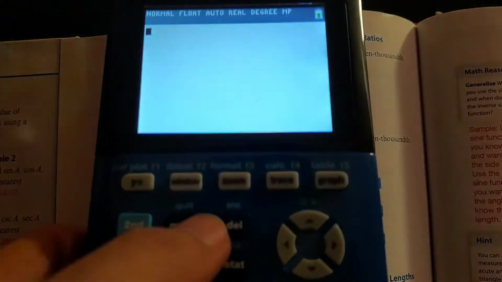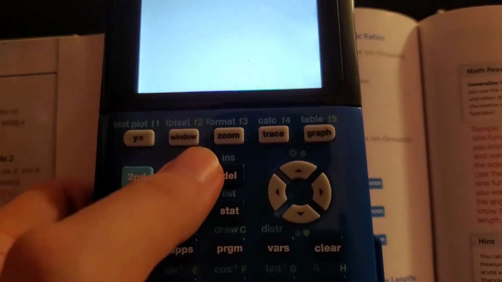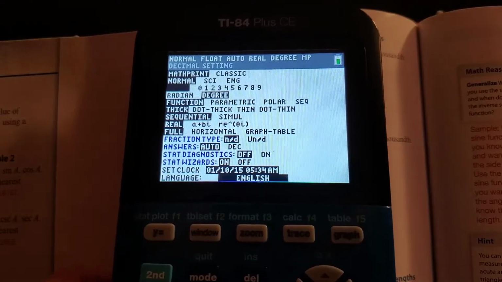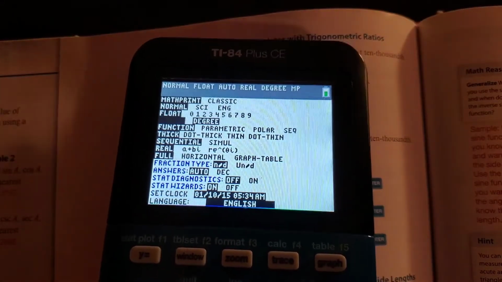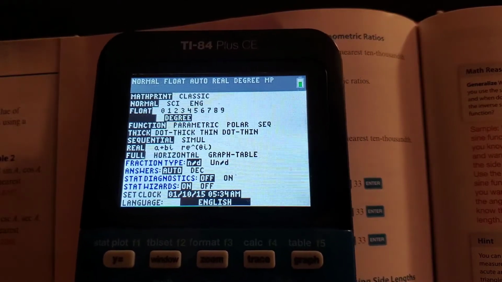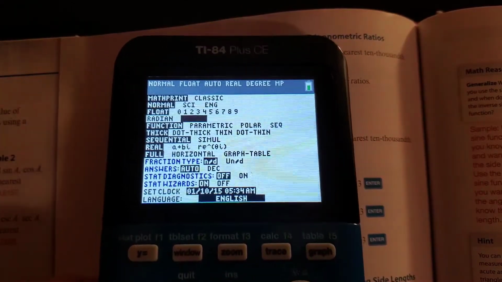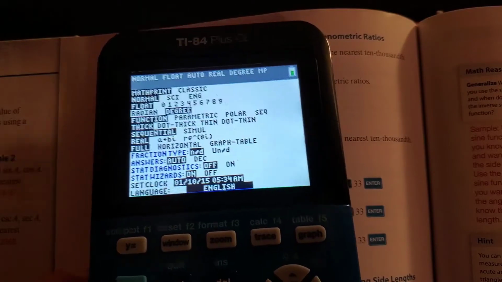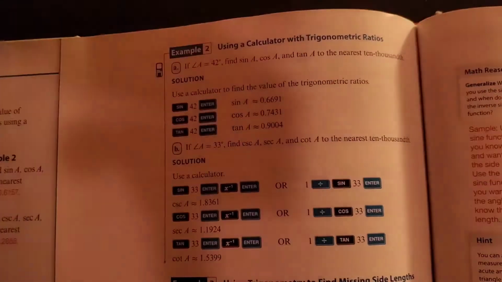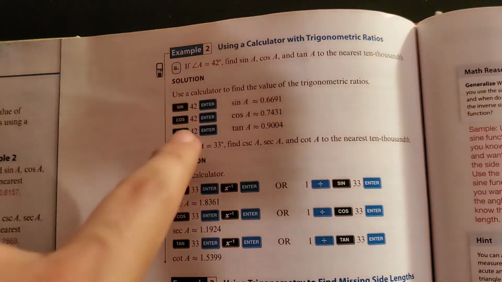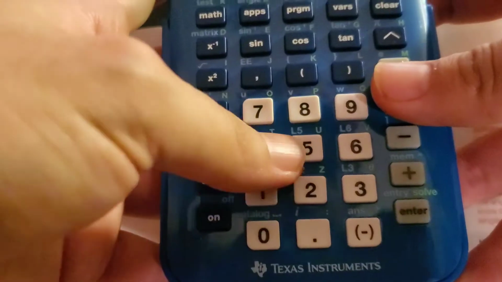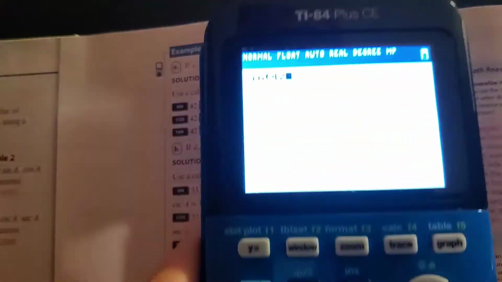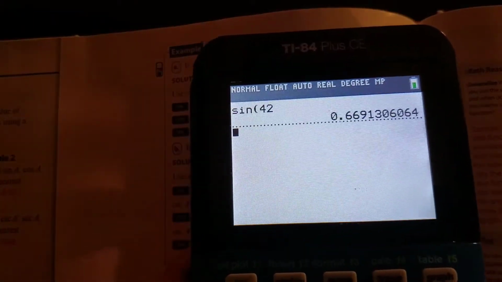So before you even start, please remember, you have to go to mode. And then in mode, you have to go to the fourth one in this calculator. Instead of radians, it has to be in degrees. If it's not in degrees, you're going to get really weird answers. So then we're going to do what it says here, which is literally you press sine of 42, right? Sine of 42, press enter, you get